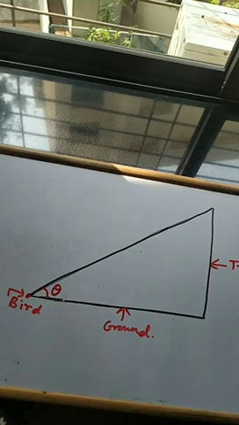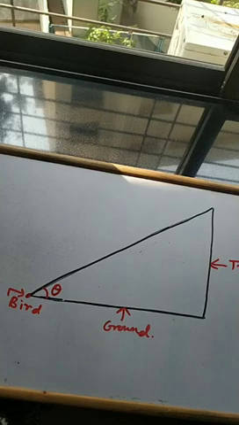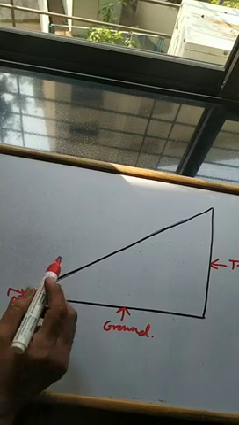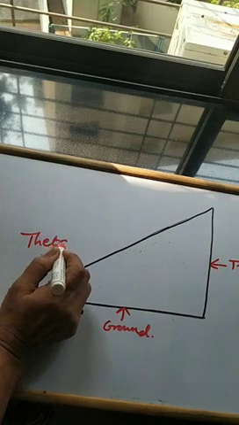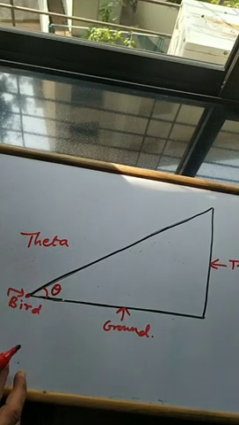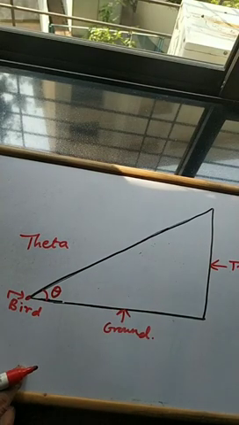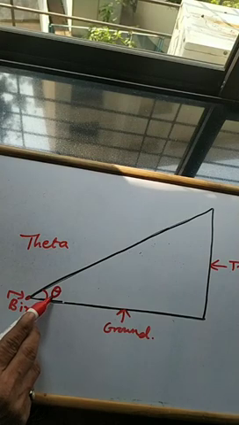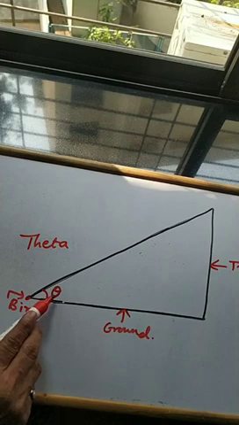This angle I am denoting as, what is this symbol? Yes, it is a symbol used for an unknown angle. How do we use it in numbers? Don't we use letters like X, Y, Z, M, N, etc.? So for angle, a symbol is used which is called theta. I'll write it here. So theta is a universal symbol for angle. So this is theta.